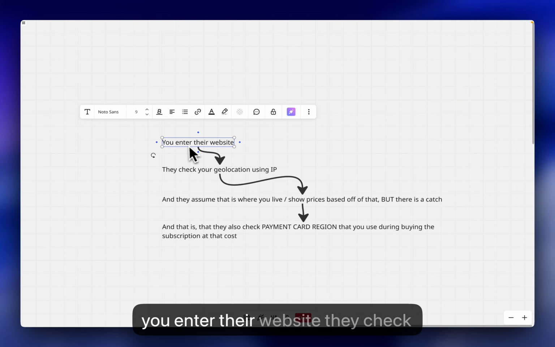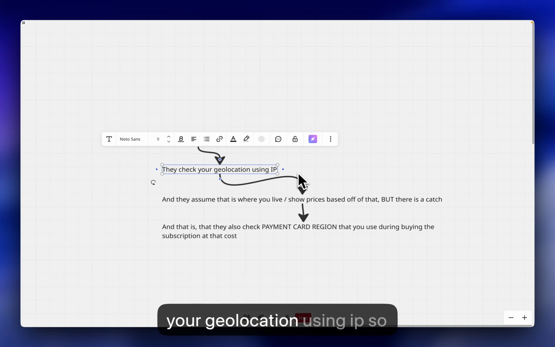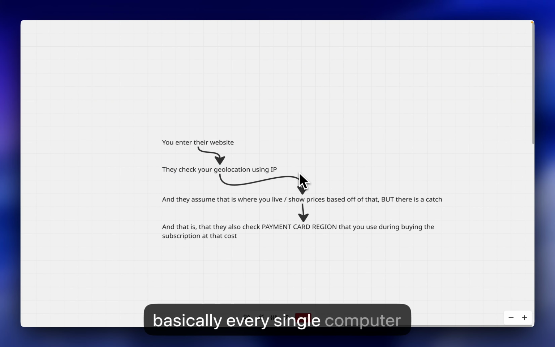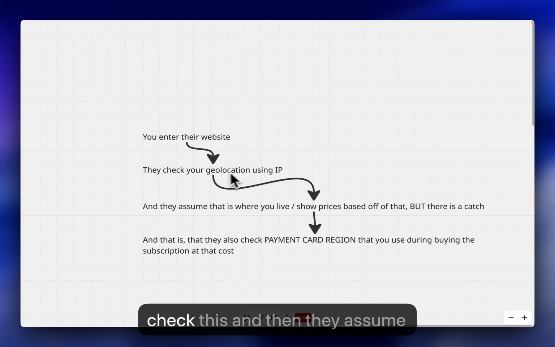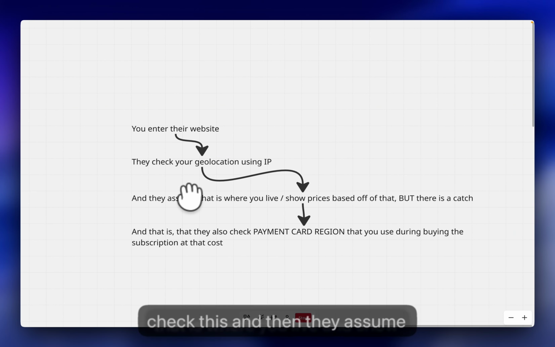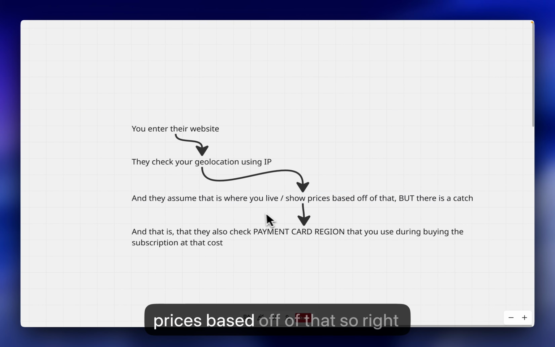So for example, you enter their website, they check your geolocation using your IP. Every single network, every single internet connection has its own IP that also shows where you live. So first of all, they check this and assume that is where you live and show prices based off of that. So right now, if I switch a VPN to Turkey, so I basically have a Turkish IP address,